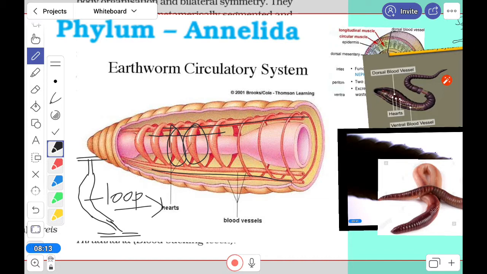The circulatory system consists of blood. This blood is with hemoglobin, but one difference is there: the hemoglobin is present in the plasma, and this system is a closed circulatory system. It is a highly advanced form, and it will be considered so.